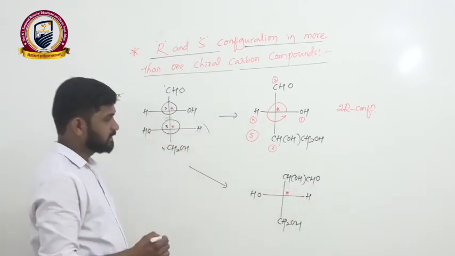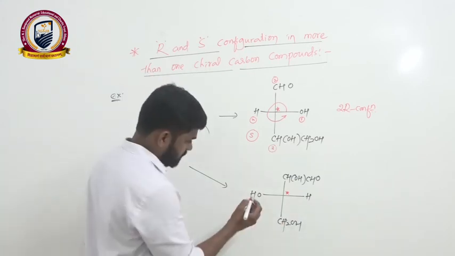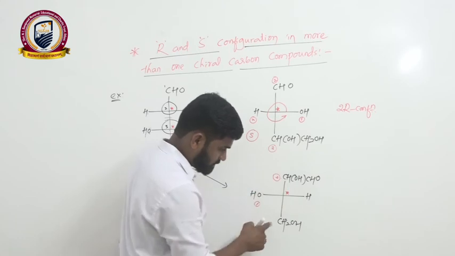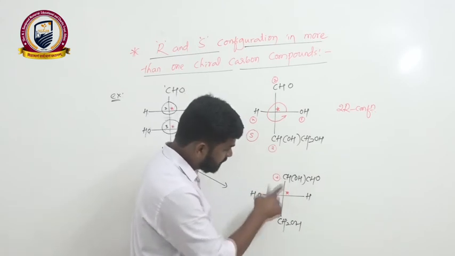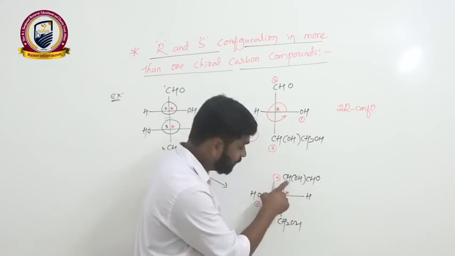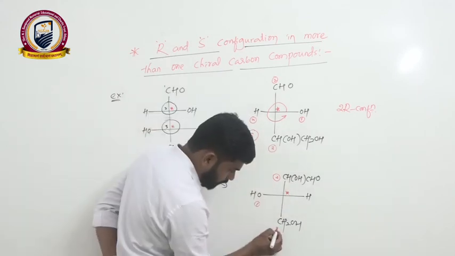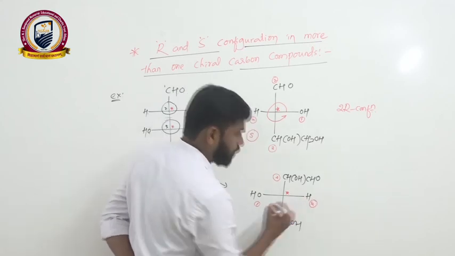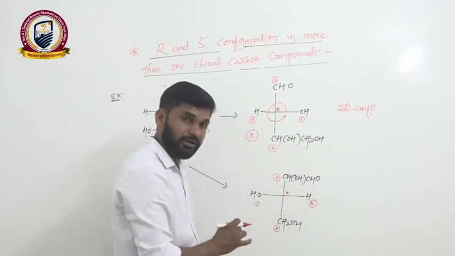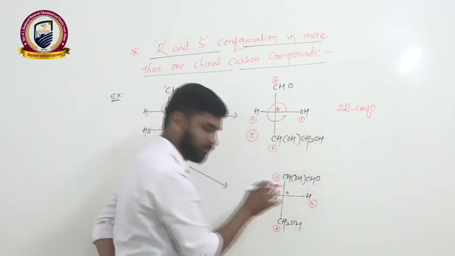After assigning the third chiral center, go for numbering the higher priority groups as well as the lower priority groups. This one carries first priority, and this group carries second priority, because here the first atom is carbon, the next two atoms are hydrogens, but in the other group the next atom is oxygen. Therefore this carries second priority, this carries third priority, and this carries fourth priority. As I told you, without bringing the lowest priority group to the bottom, you can assign the configuration. First assign the configuration and write the opposite configuration of that.